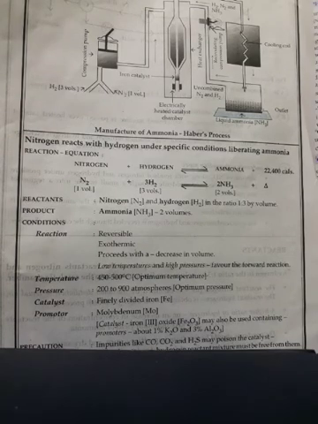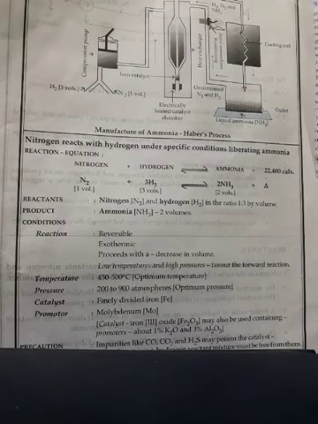Then last step, what we have to do now? Removal of ammonia. One thing more you should remember, that during this reaction about 15% of the reacting gases get converted to ammonia. So the gases which are coming out from the catalytic chamber consist of not only ammonia but a mixture of ammonia, hydrogen and nitrogen. If more and more ammonia is formed, more of it will decompose also. So collection of ammonia is not desirable, it should be removed.